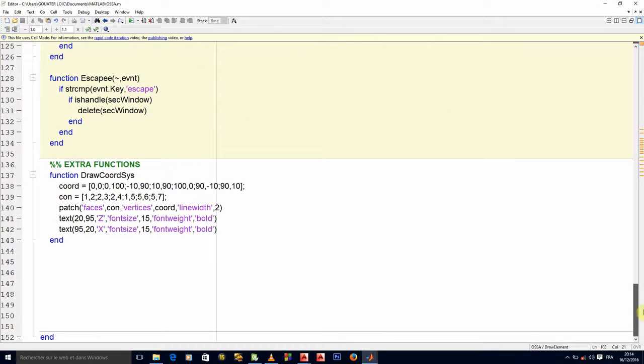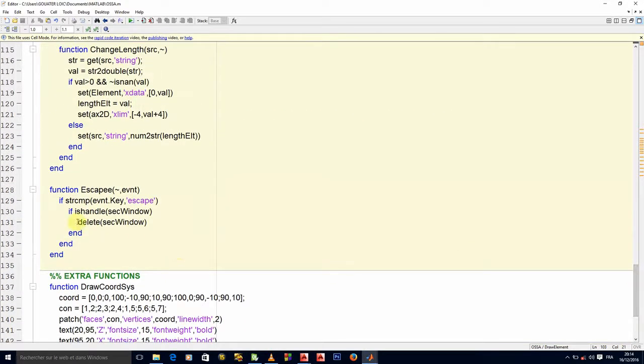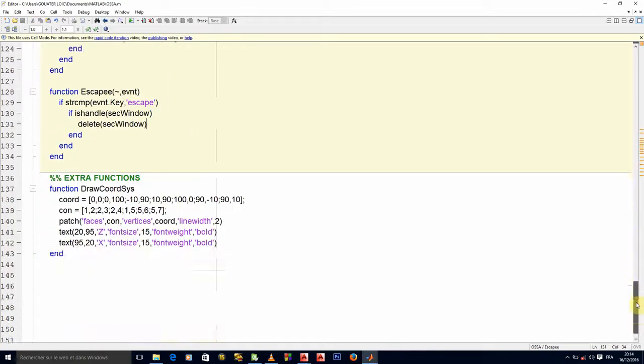Okay, so where is that? So this is what I do right here. But to avoid any mistake, because I can press escape at any time, I have to make sure that when I press escape, it is only if sec window, okay, actually has those handles that it should delete something. Because if this delete function is called without what is passed into it being a handle, then an error is generated. That's why you were hearing all the ping. Okay, but when it is a handle, then there is no problem. Okay, so that was just the first method.